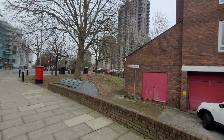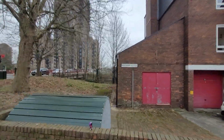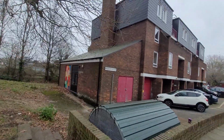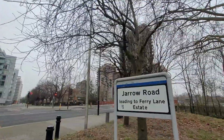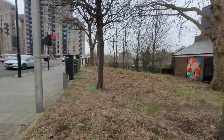It's a nice estate, this. I mean, I speak as someone who's lived on a concrete estate in Leytonstone back in the late 90s. This isn't bad by any measure. It's not high scale. If you look at the stuff over here, which is going to be private sector stuff, it's a very different story. So that is that,